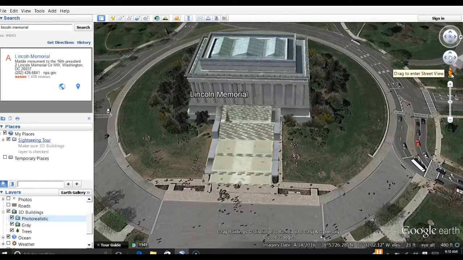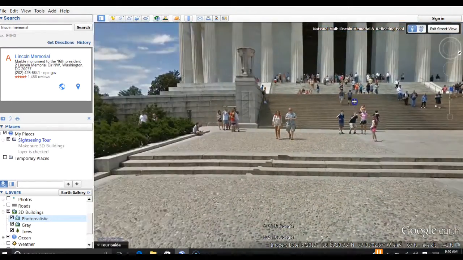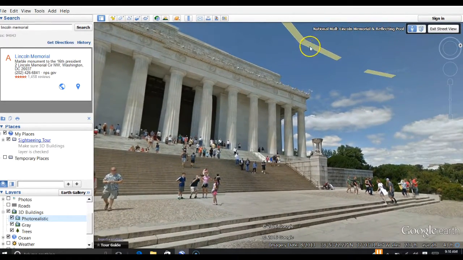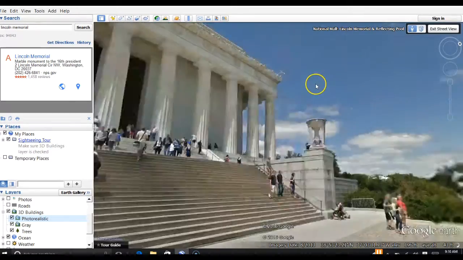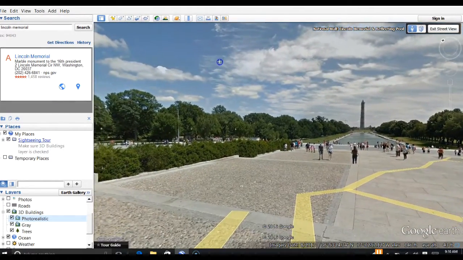All right, I can also double click or take this person right here. That's Mr. Pegman, and I can enter Street View. I can drop him off and get a good look at what the Lincoln Memorial looks like up close. The yellow means you can follow that path by double clicking. So if I want Pegman to go down here,